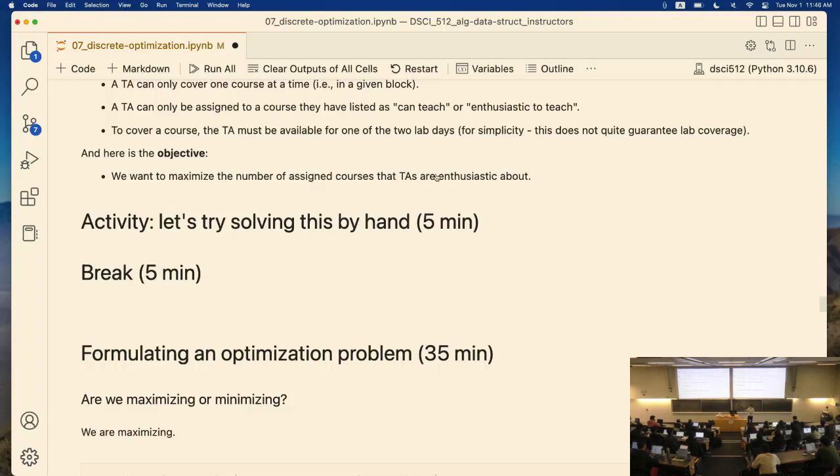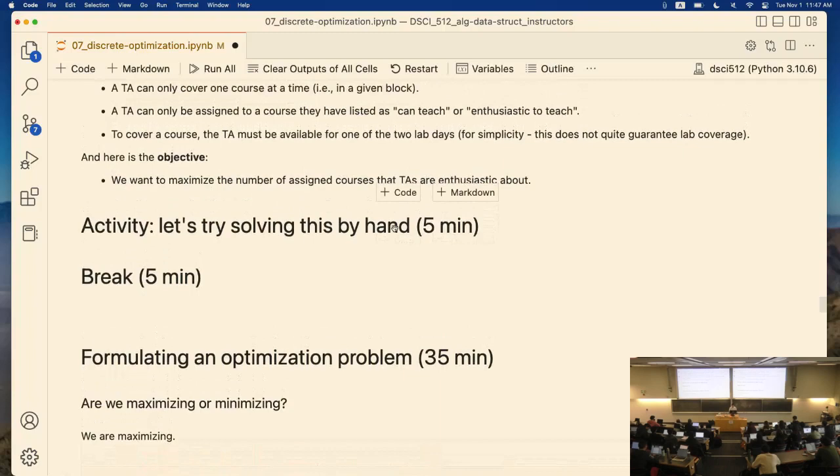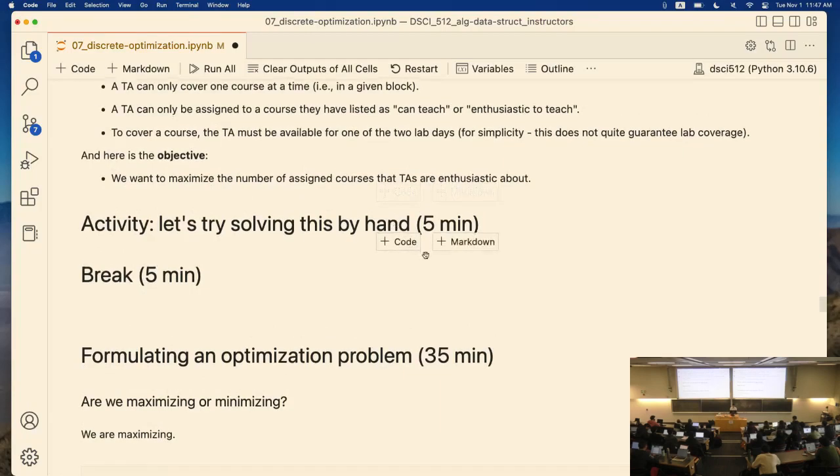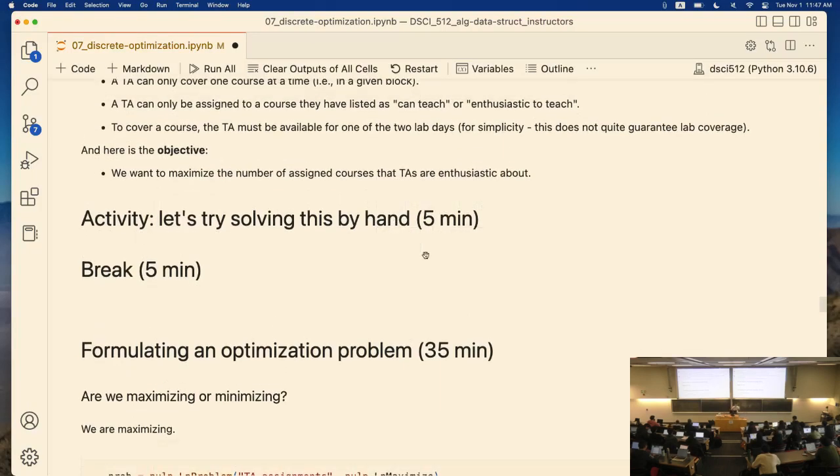So we can actually go ahead and distribute the TAs between the courses, but it's not guaranteed that we can make them all happy or most of them happy. That's a solution. It satisfies the constraints, but it doesn't make everybody as happy as possible. We want to do that. So let's start formulating this problem, and we go through a bunch of questions that we have to ask ourselves, and then we answer those